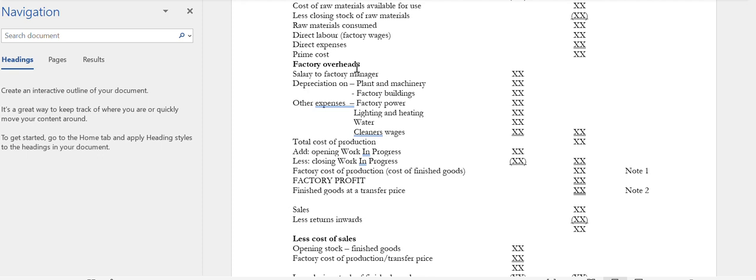Salary of factory manager or supervisor, the depreciation, other expenses incurred in the manufacturing department such as rent, lighting, heat, wages to cleaners. You know, cleaners do not directly work in the production process, so they enhance the working environment. So add all these costs now to get what we call